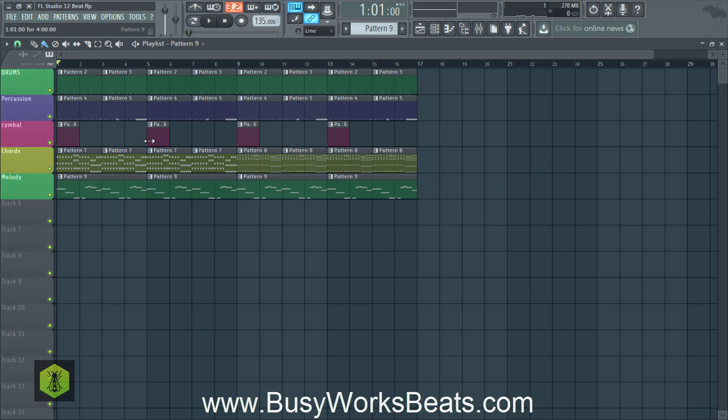Now what we can do is see the whole melody as one big piece, and we can figure out where our ear wants to hear little changes. Okay, now wherever our ear wants to hear little changes, we can always click this little piano button and go to Make Unique. What that's going to do is clone the pattern 9 into pattern 10. It's going to make a direct duplicate, which we can edit and change notes so that it doesn't mess up pattern 9 and we have a new variation in pattern 10. So let's go to the playlist mode. Make sure you're in song mode, which is the green timeline button, and hit play or space.